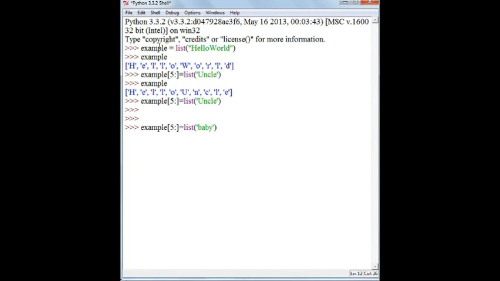Baby is 1 character shorter than uncle. So what should it do? Does it create any problem? So let's check. You can see that it does not create any problem when you use a shorter word. Okay, so what if I use a longer word?